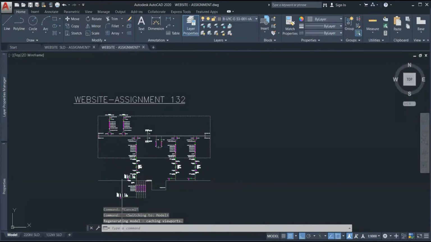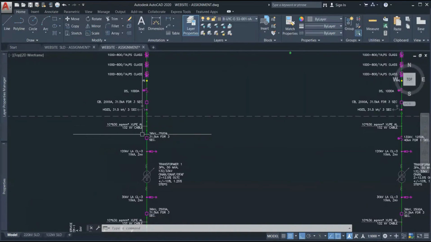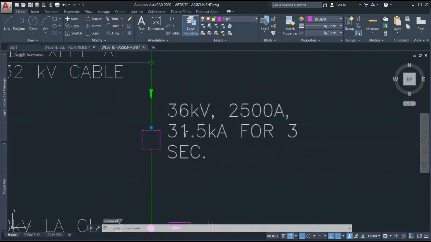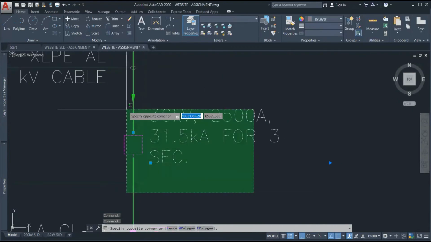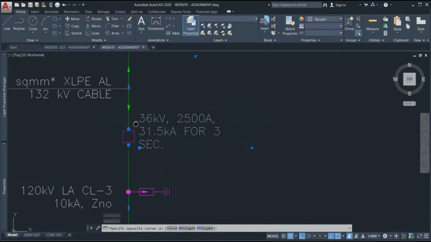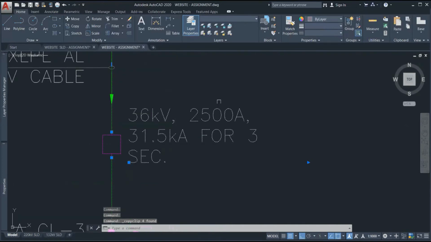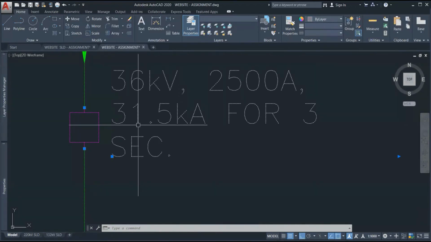Okay. So if you want to copy this object, this circuit breaker, you want to select it. I'll just select the object, then Ctrl C, copy. The CO command will not work from one file to another, so you have to use Ctrl C, like we use in Windows Explorer, the normal copy command.